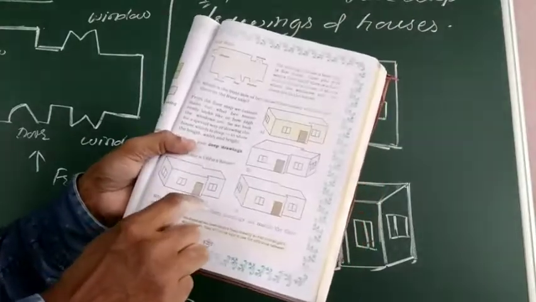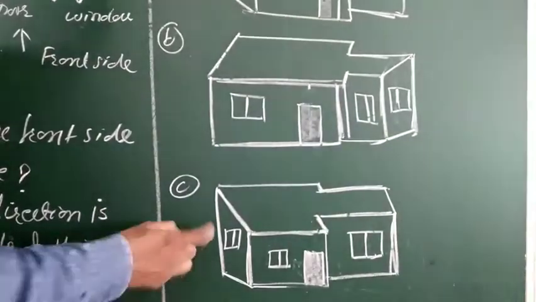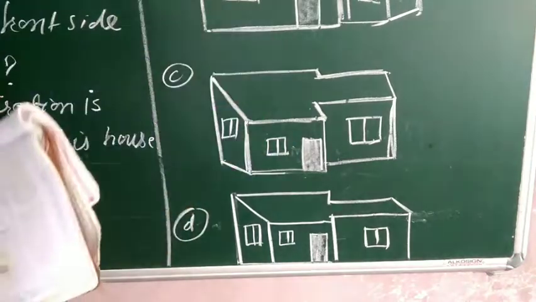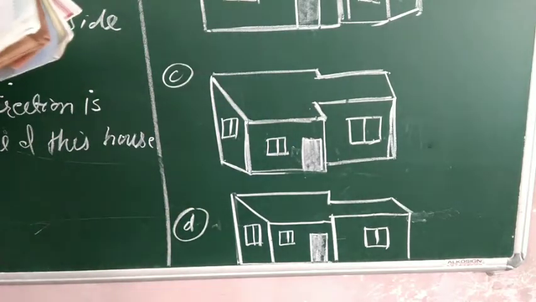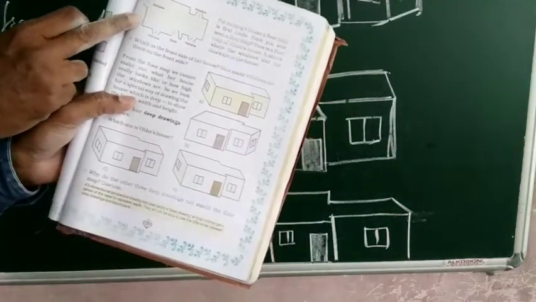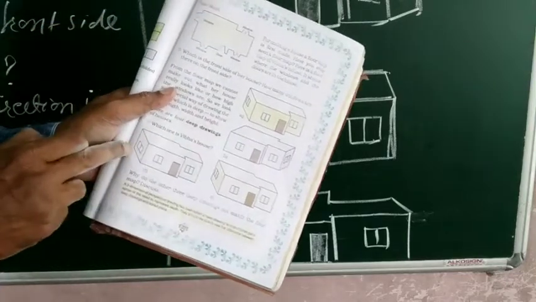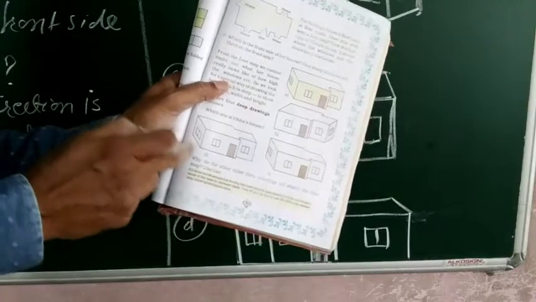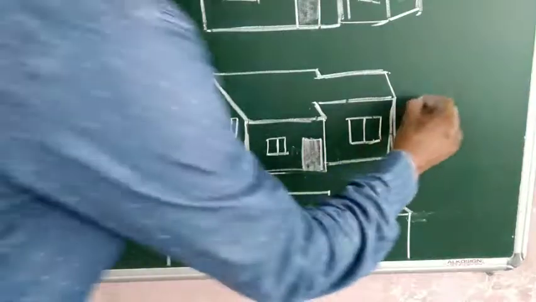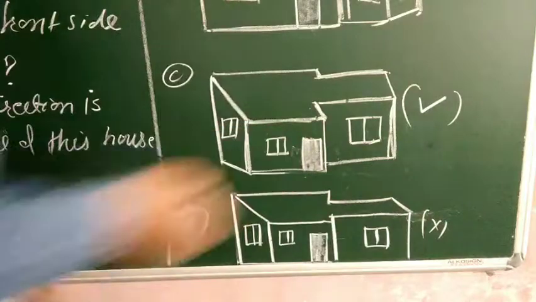Now see picture number C and D. तो see, this one is C, this आपका C है, and this one is deep drawing number D. So both are looking the same here. आपको दोनों लगभग सेम दिख रहा है बेटा, but there is a little difference. देखिए, ये difference ये है कि in this floor map the window is given in the corner, like this, but here it is given in the middle of this wall. So D is not matching, so C is matching here, so we can say this one is correct. This is the small difference.